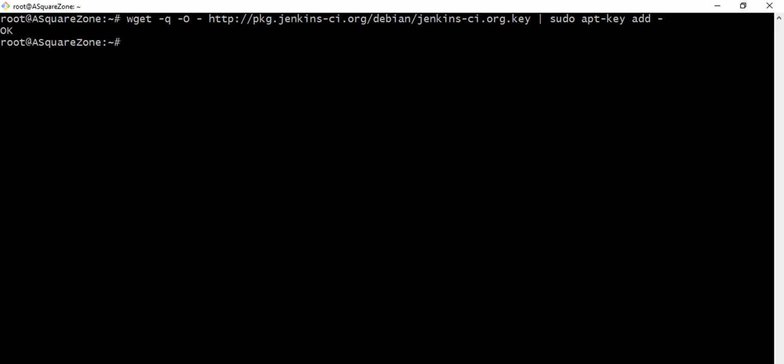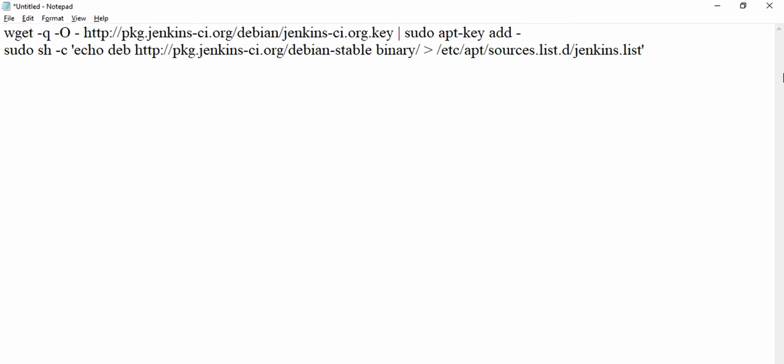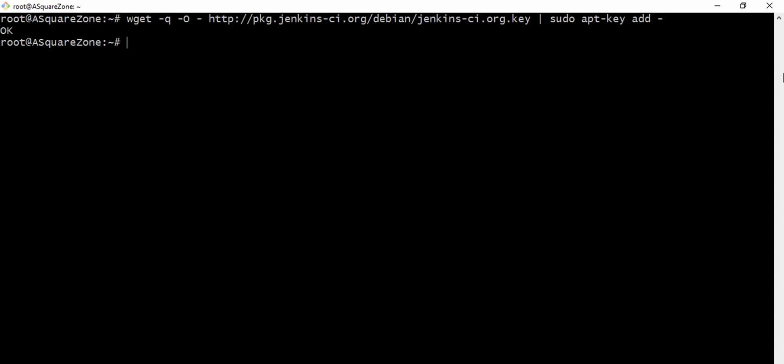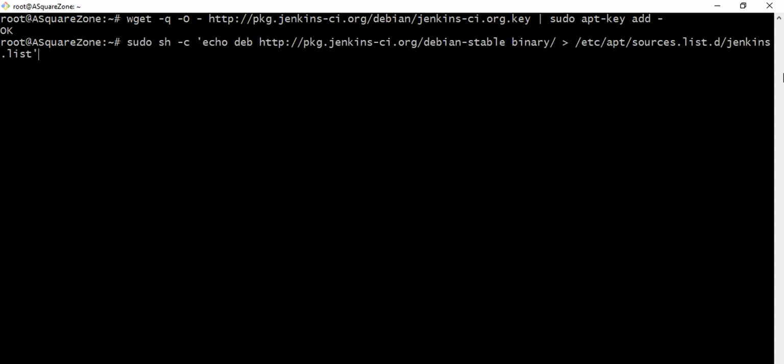Later we need to append the Debian packages repository address to the server's source list. So here is the other command to get the repositories and add them to the list. So both of these are in place.